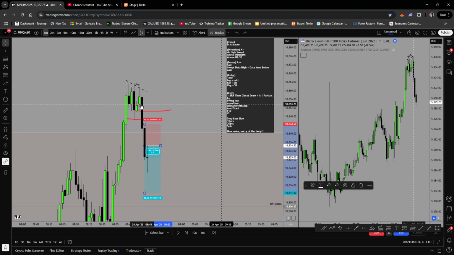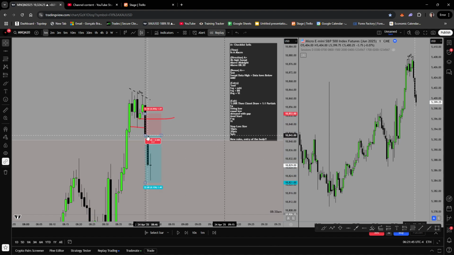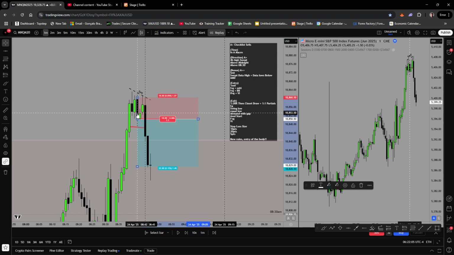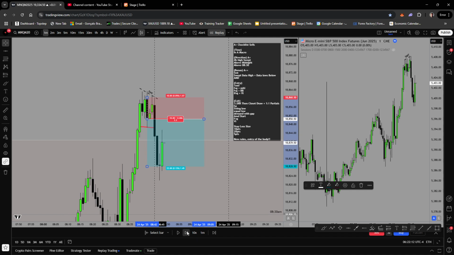Now, that's not the end of this rule. Your actual entry is not even off the fair value gap. Normally we take the first point of entry, which is either the mitigation or the fair value gap. But on red folder news days, this is so important, guys. I promise you, you can go and backtest this on the last 100 times we've had red folder news, as it's too volatile. So you want to place your entry directly off the mitigation, which is actually this bearish candle here. So we want to place the entry off the mitigation, and then you wait for price to come back,